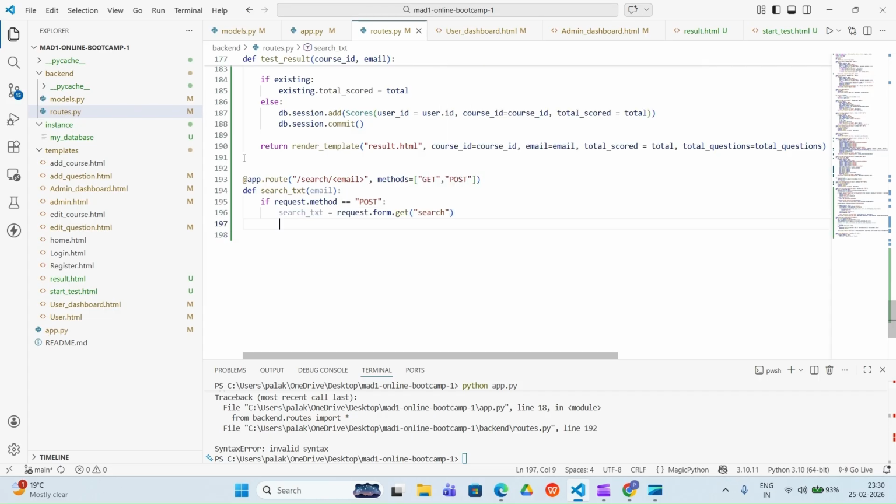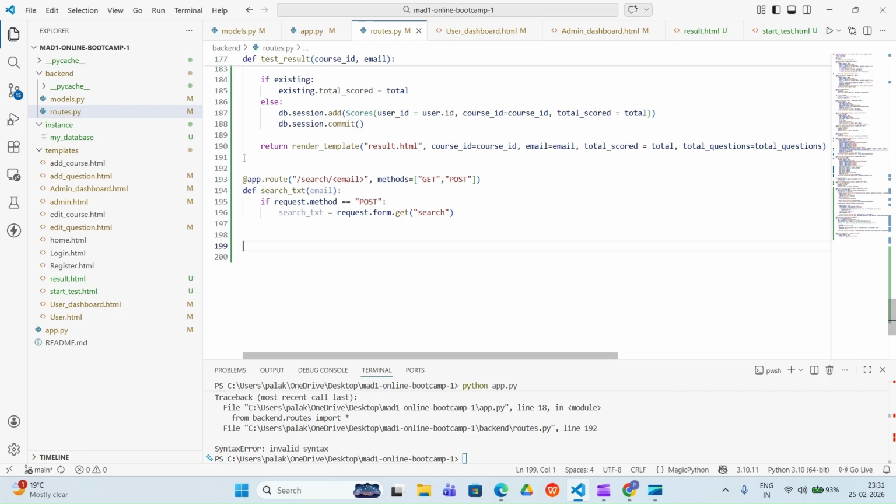Okay, and then what we have to do, we need to search for the user. So we can implement the search bar for particular things only. What I am going to do is implement it for the user and course. Like this, admin can search for a particular user and for a particular course. For that, I firstly need to create two functions here.